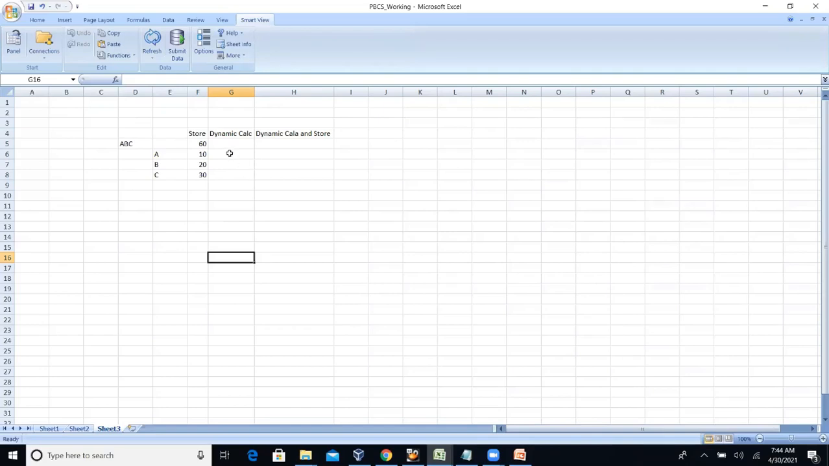Okay, and the second one is dynamic calc, with the same data: 10, 20, 30. When you do aggregation, it won't store any data. It will store only a hash mark. A hash mark is nothing but no data. When you retrieve the data from SmartView or any other report,